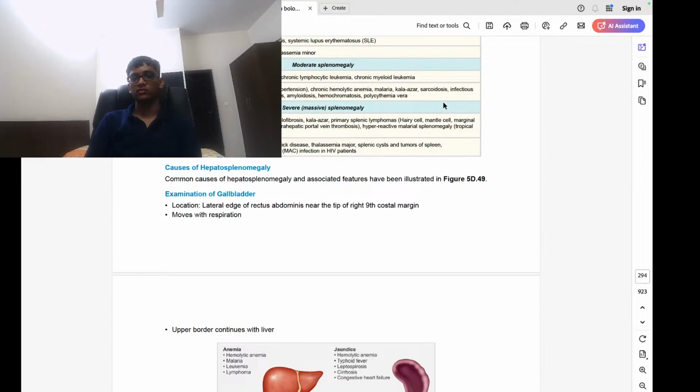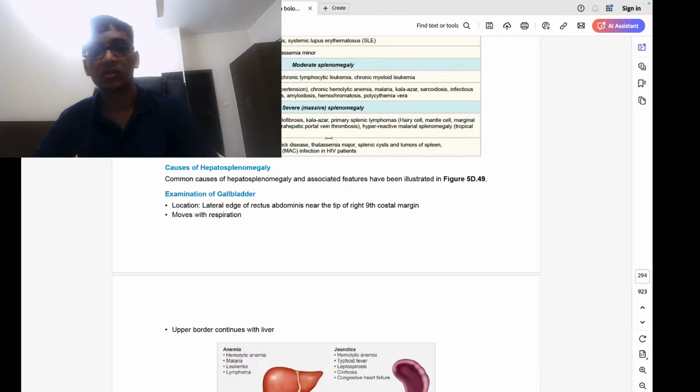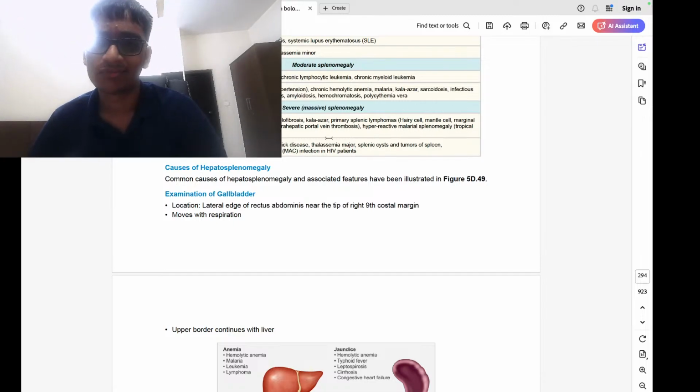Lymphomas and leukemia are moderate; non-neoplastic causes include cirrhosis of liver, sarcoidosis, infections. But massive is the only thing which is important. A lot of things share the same common causes. Common causes are chronic myeloid leukemia,